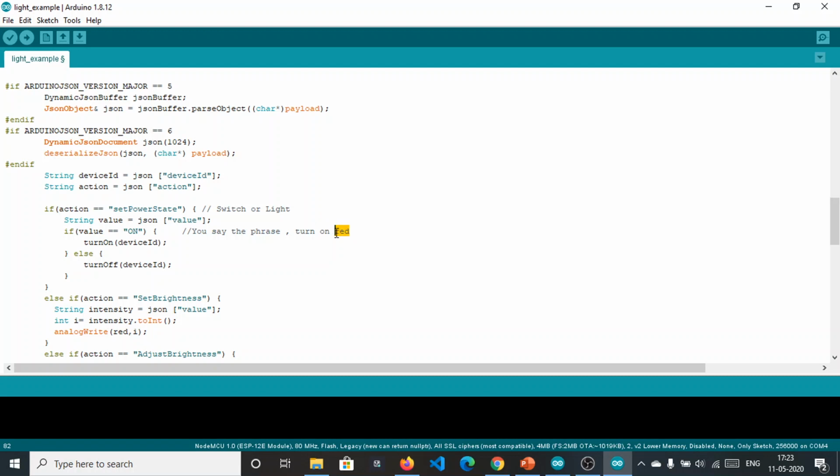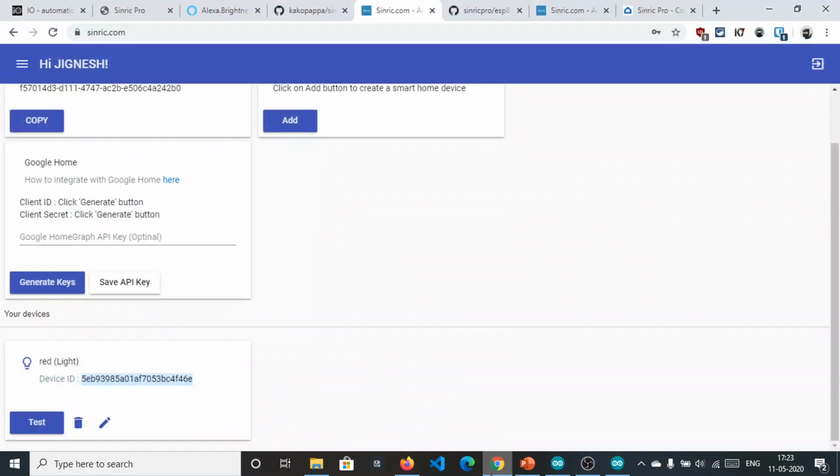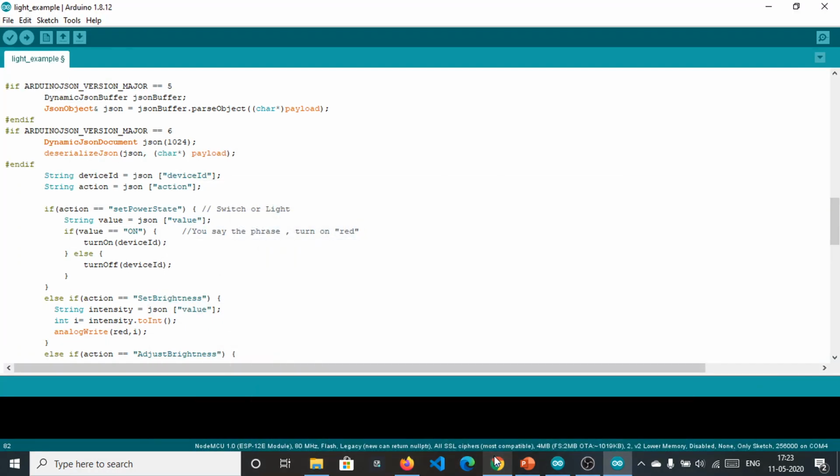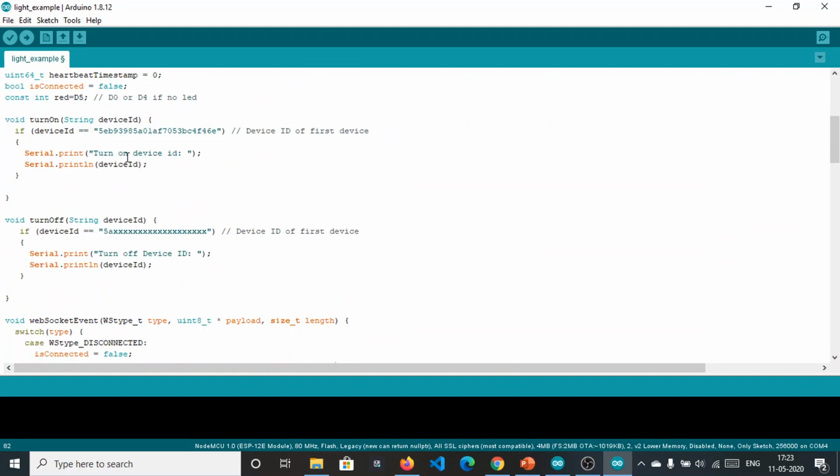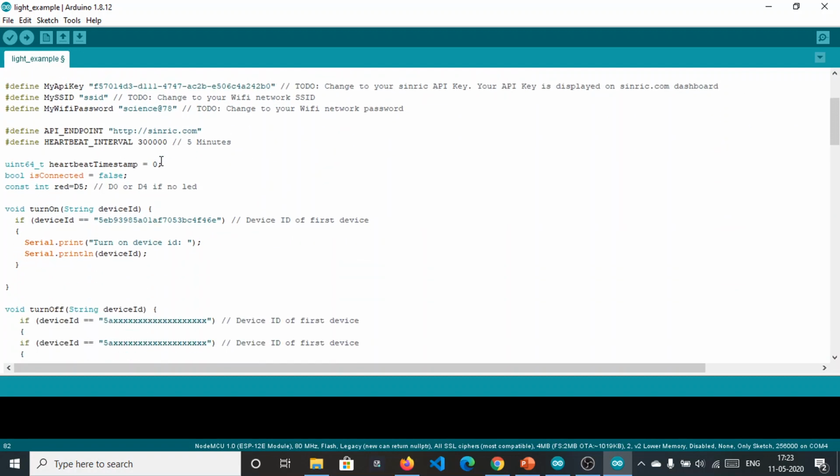And why are you saying red? Because you have already set the name as red on synric.com right here. Fine. So you need to say turn on red, and this function will be called, and after that this will be printed.